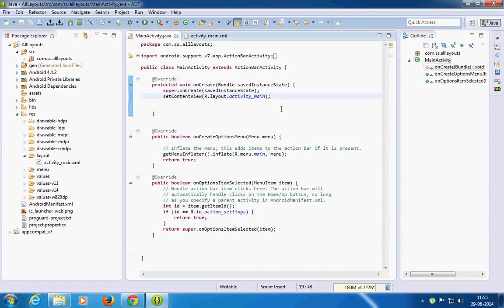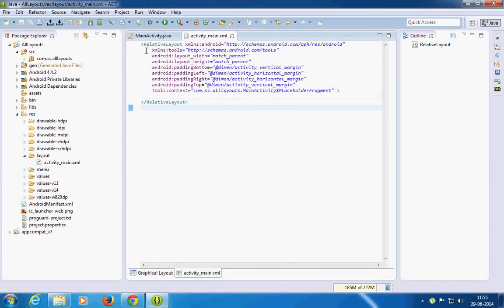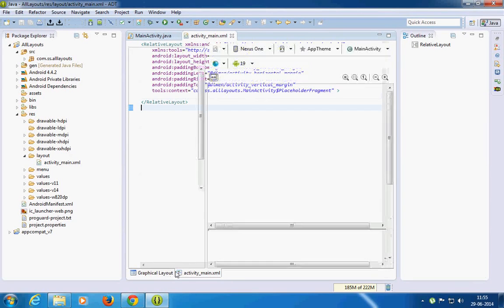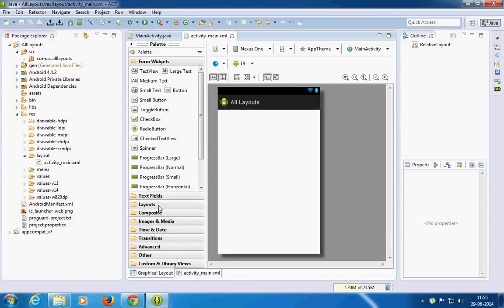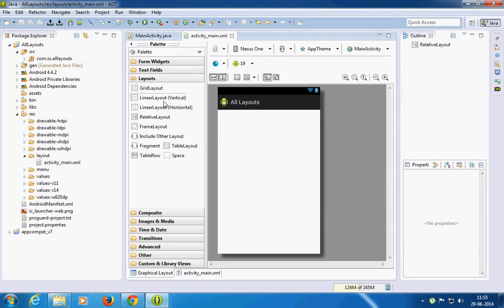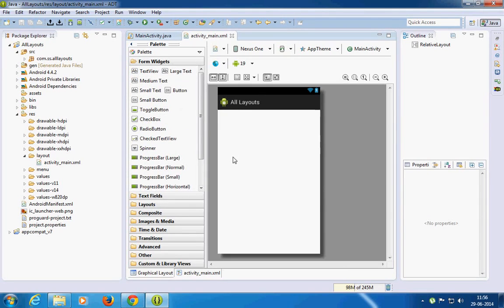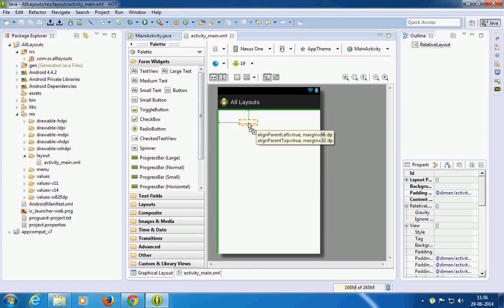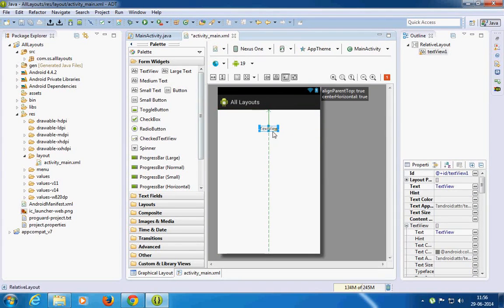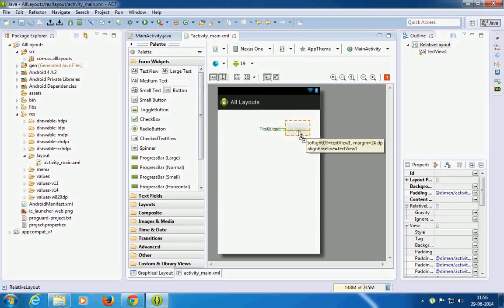Okay, so moving forward, here we have relative layout. We'll just go to the graphic layout to see what all types of layouts we have. We'll be going through relative layout first. Relative layout is where you can place the items as you want, placing the items relative to each other. Say we have a text view over here and we place it at the bottom. I just want a button adjacent to it, so I'll put a button, and you see the tooltip over here says to right of text view 1. So here it is set.